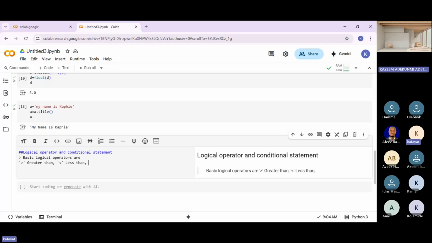You have greater than or equals to, less than or equals to.